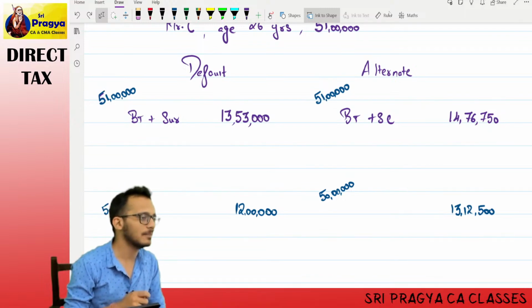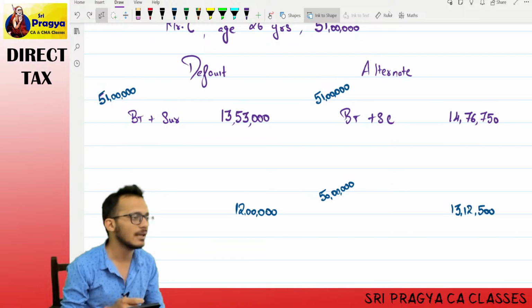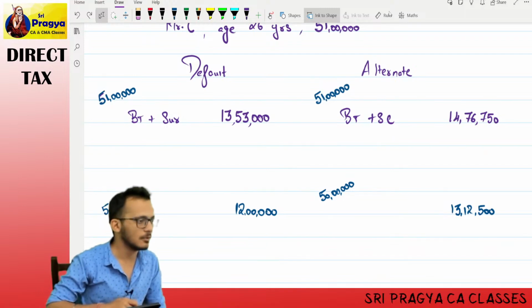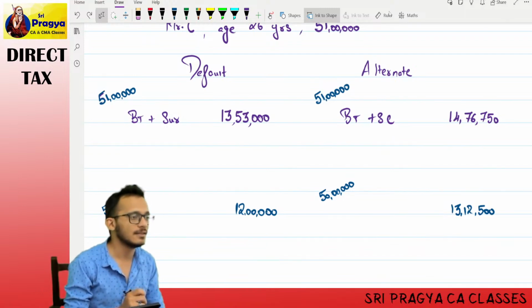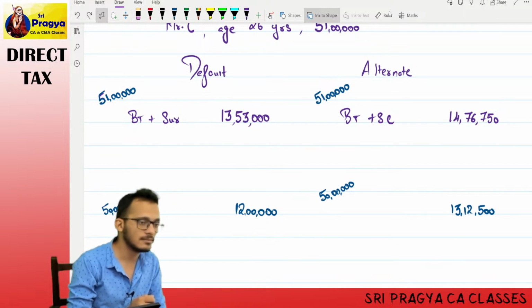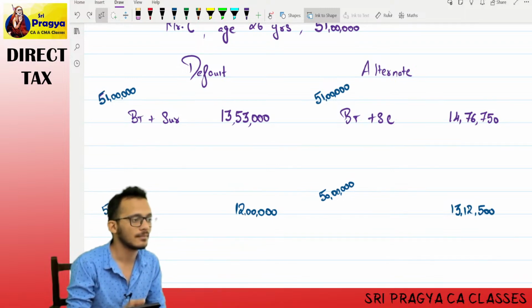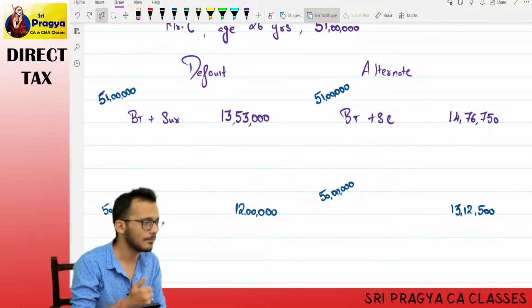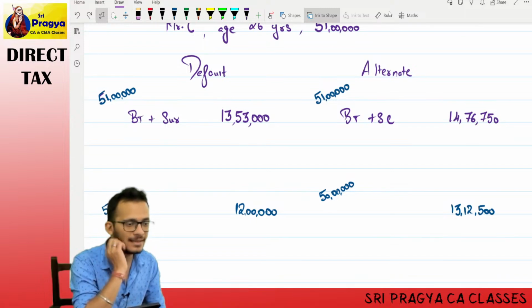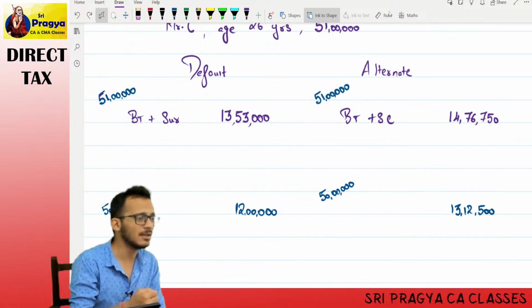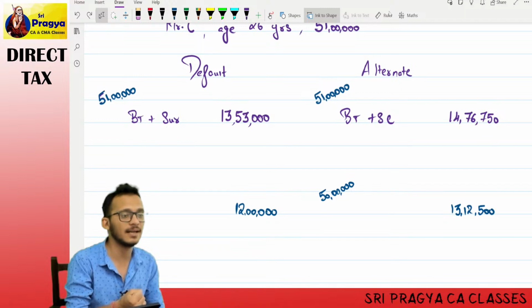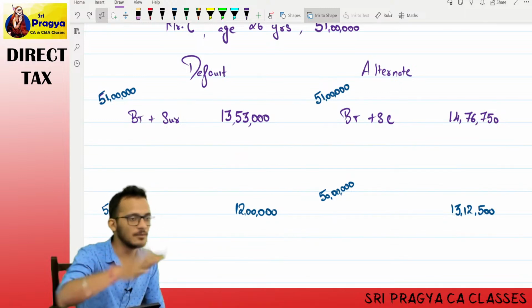At this point of time, think about it. Any person, for earning that extra 1 lakh rupees, the government is saying, you earned 1 lakh, good job, pay me 1,53,000. Will you be happy or sad? Sad. You're very irritated. You go to the government and say, sir, I don't understand. Why for an extra 1 lakh should I pay 1,53,000?